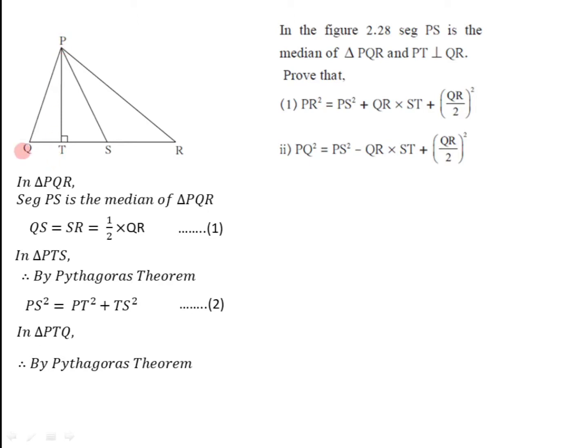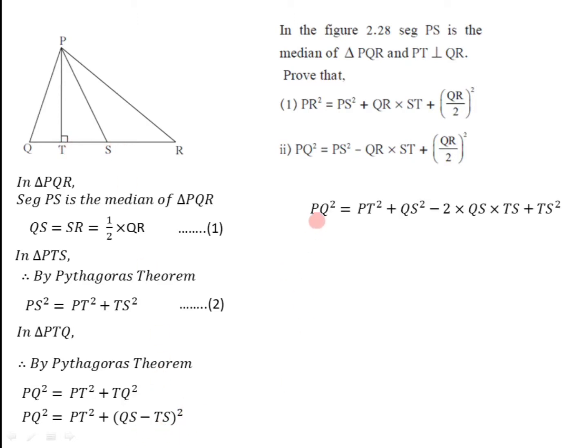So by that we can write hypotenuse square. This time hypotenuse is PQ. That's why we can write here PQ square is equal to, remaining two sides are PT and QT. So PQ square is equal to PT square plus, instead of TQ we have written here QS minus TS. As we can see in the diagram, we get TQ when we subtract TS from QS. So that's why we have made a substitution here. Instead of TQ, we can write (QS minus TS) bracket square.